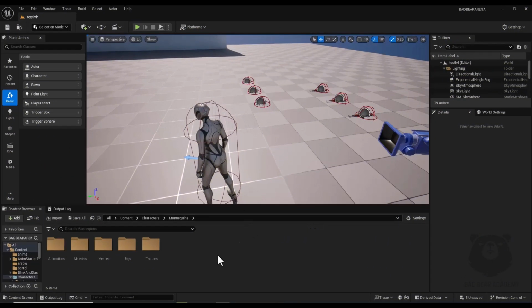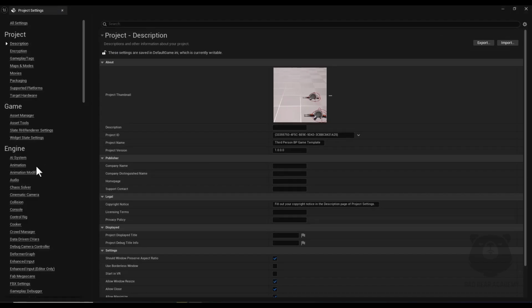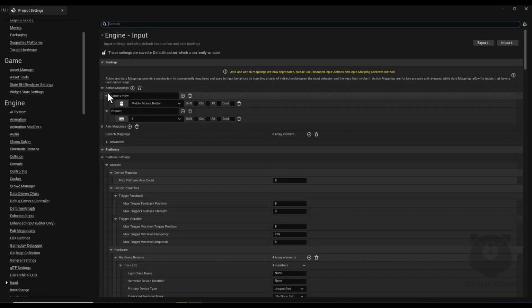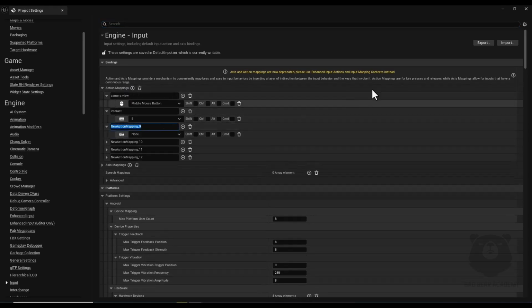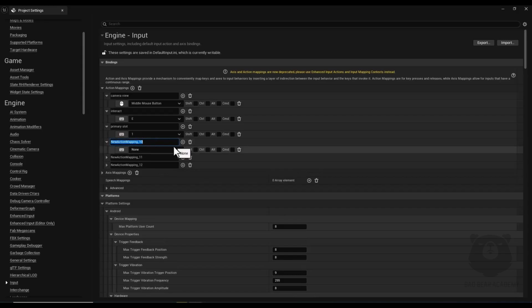Alright, first I'm going to add some inputs to my project. So from the edit tab I open project settings, and from the input section I add 4 new action mappings. I name the first one primary slot, and for key binding I select the number 1 key, and the second one I name secondary slot,